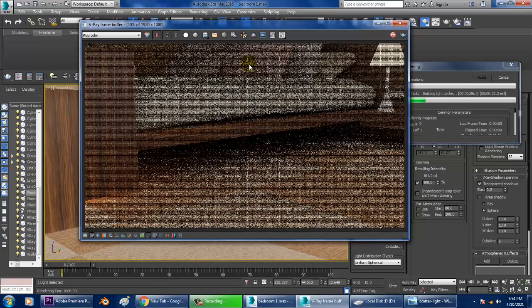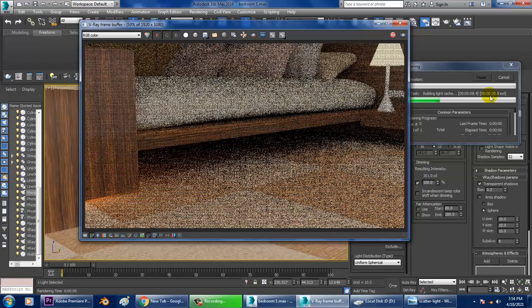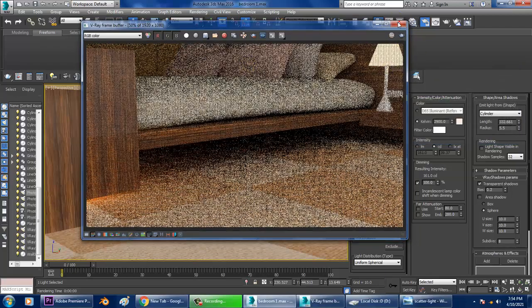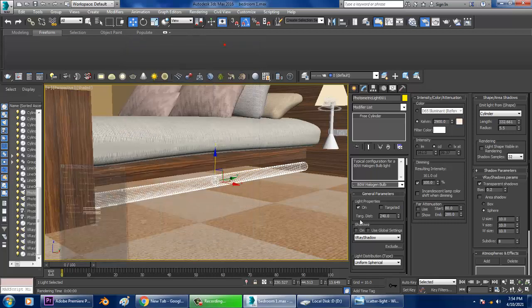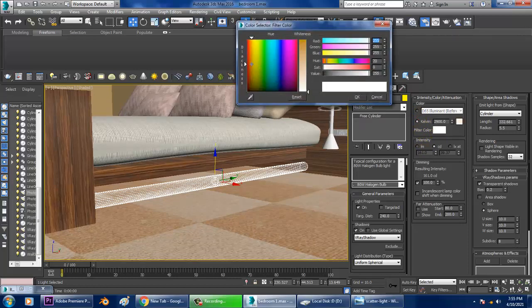So there are a lot of things needs to be done over here, that will be doing it surely over here. So I can activate this shadow over here if you need it. I'll use over here filter color. You can go with the filter color if you want. You can change the color also of the light.